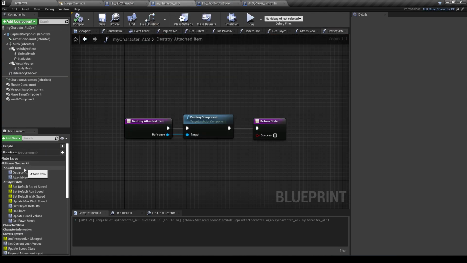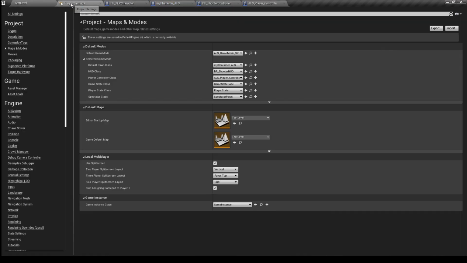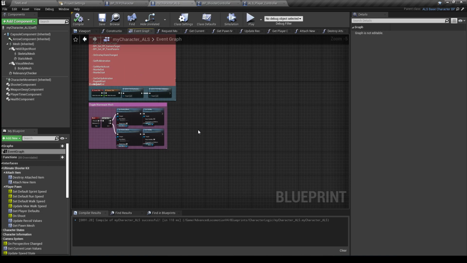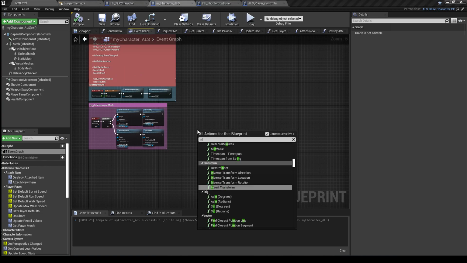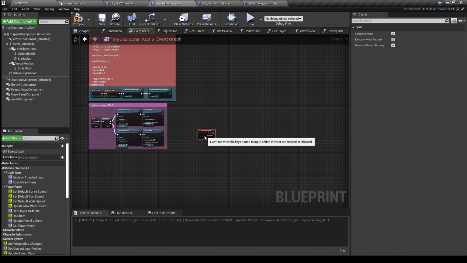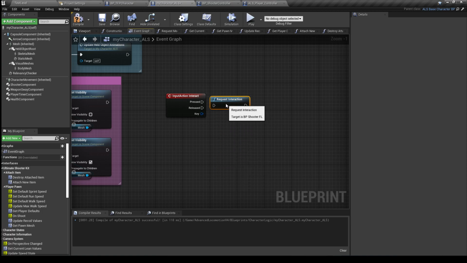So when we looked at my project settings and my input, I'd added a couple of new ones, interact and reload. So let's pop them in. So if we go interact there, and then if we pop that in there,